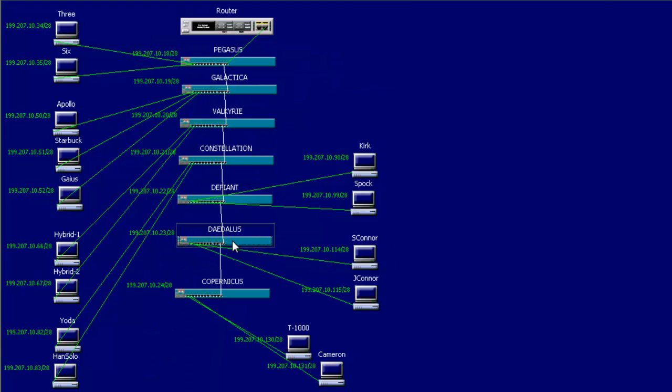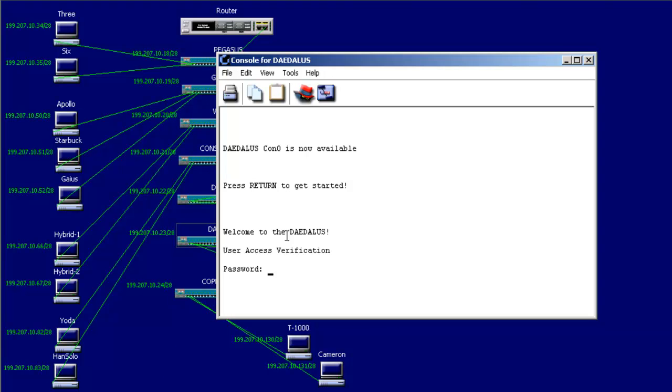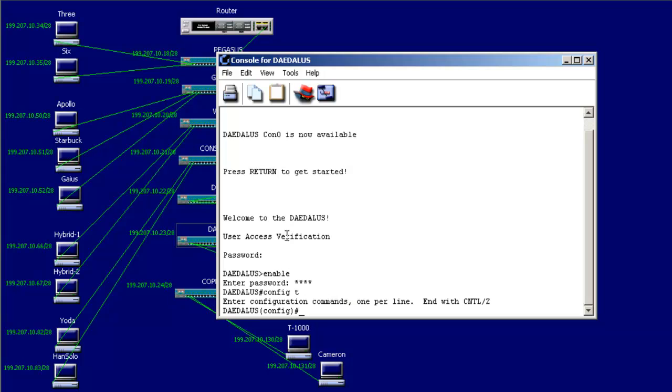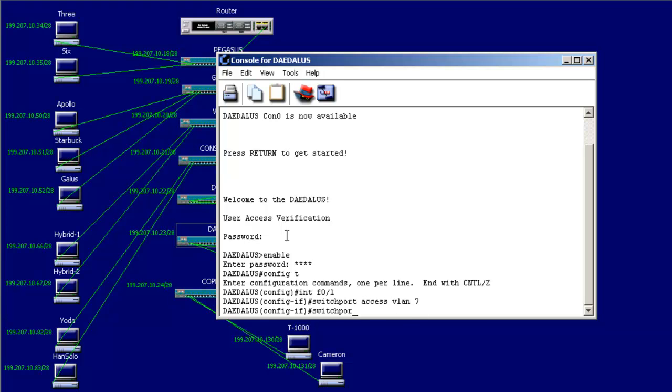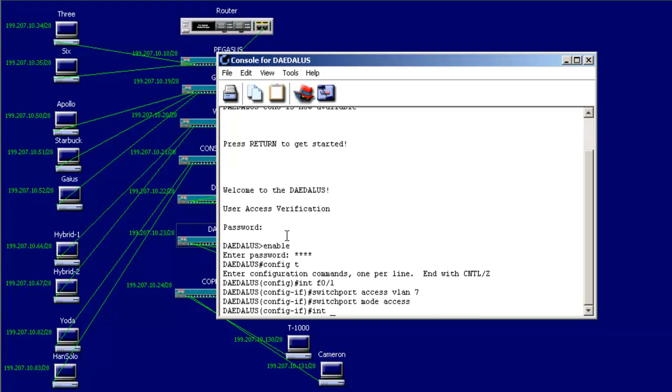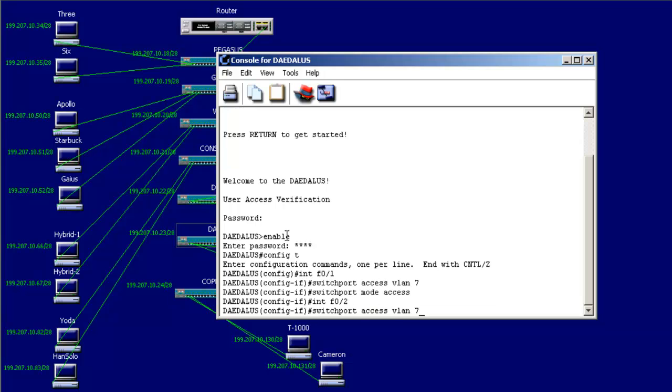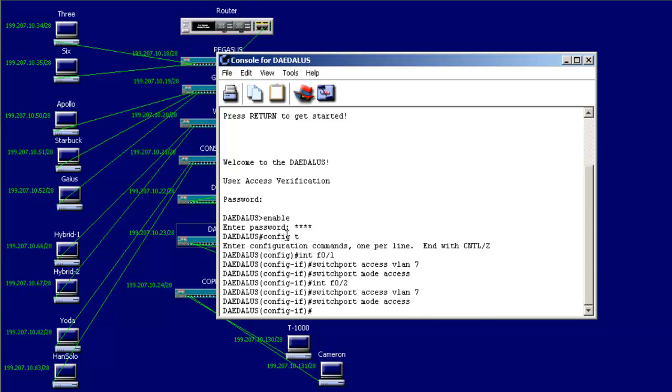Now let's hop into the data list over here. And go to global configuration mode. And in global configuration mode, let's select Fast Ethernet port 1. Switchport access VLAN 7. And set it to access mode, and let's select the next port, port 2, VLAN 7, and access mode, and set